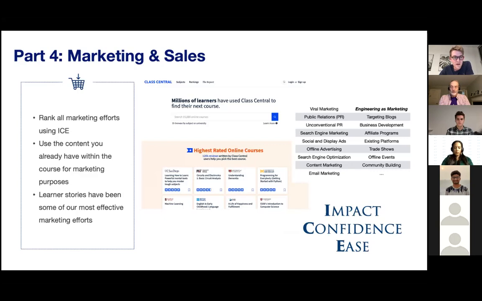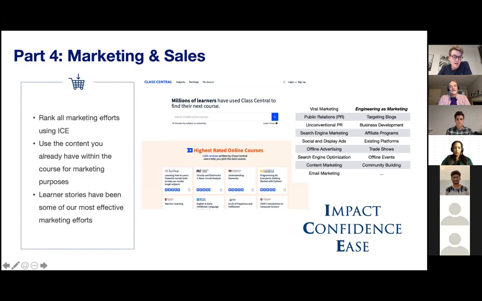And we just rank all the ideas by impact, confidence, and ease. So I would ask everyone in the team, for every single marketing effort, please give me your score 1 to 10 on impact, confidence, and ease. And we add them up and work down that list from there to keep things practical, basically.